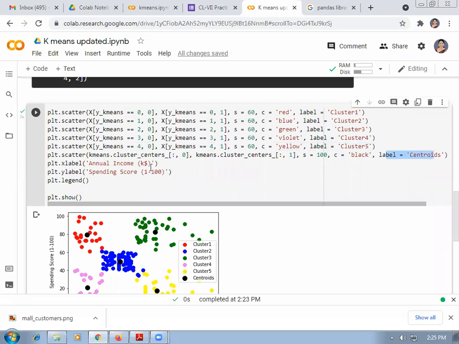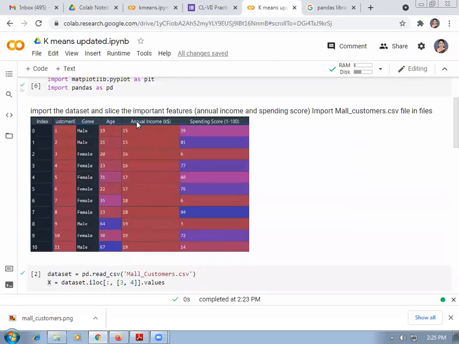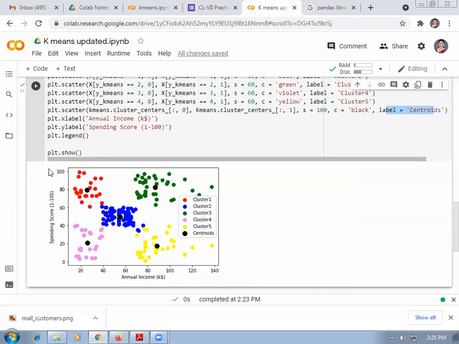The x label is annual income, and the y label is spending score. Then we plot the legend and show the graph.